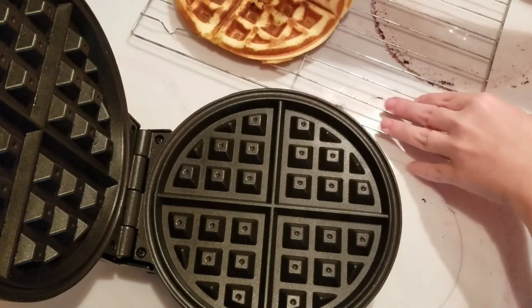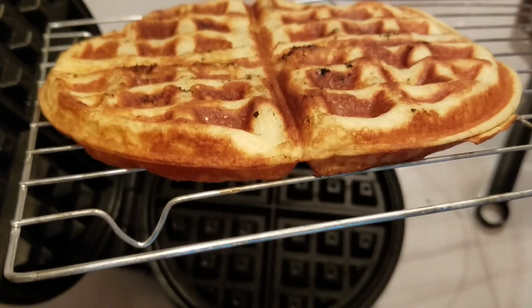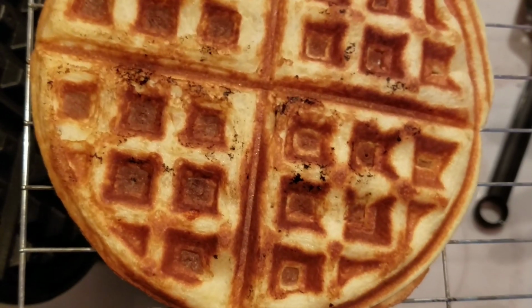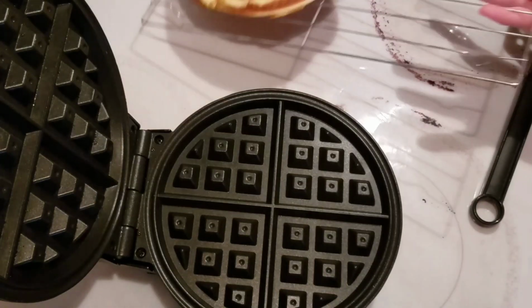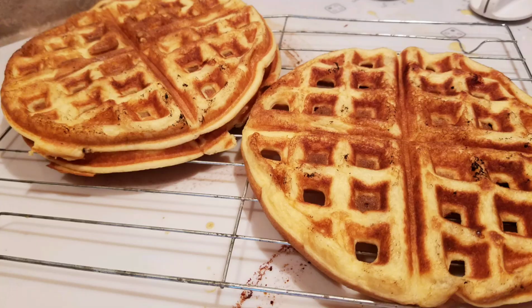Just put them on a wire rack. As they cool, it helps them stay more crunchy and waffle-like. Now, in the morning, you can put these back in the toaster or in the microwave with some butter. And like I said, we're gonna make sandwiches out of them with eggs and bacon, and it's gonna be delicious. Look how brown those